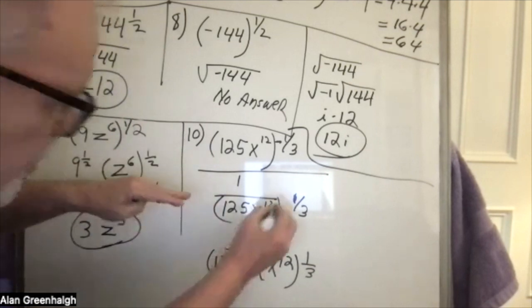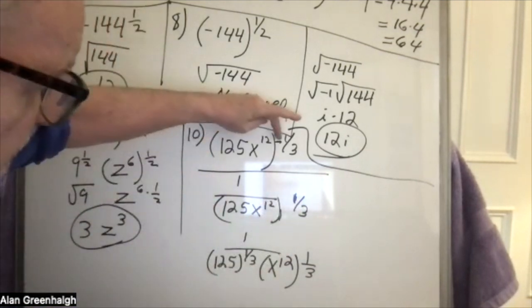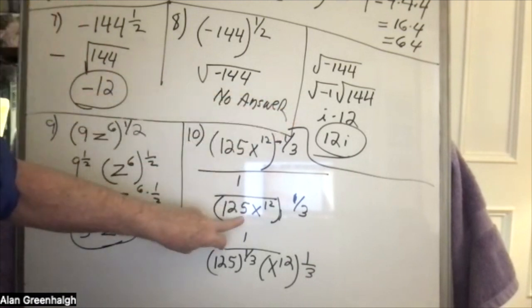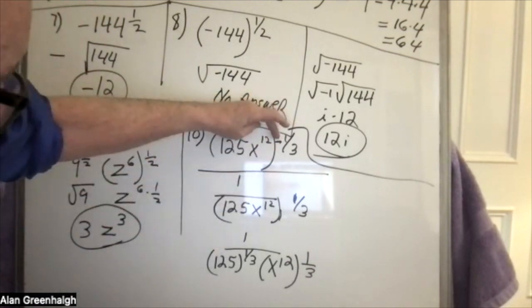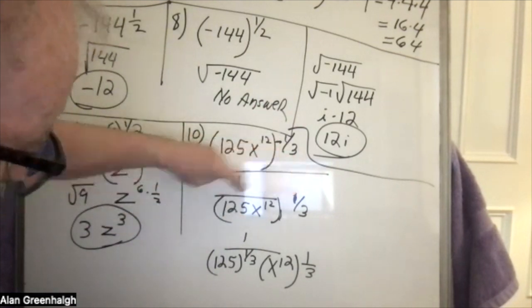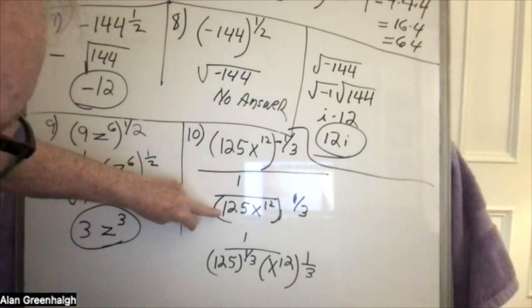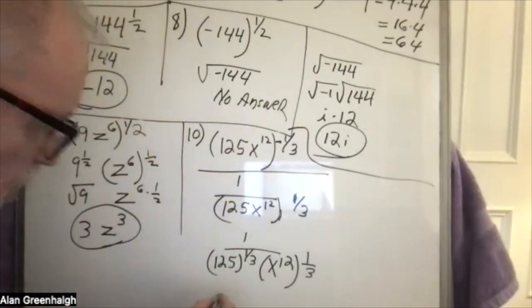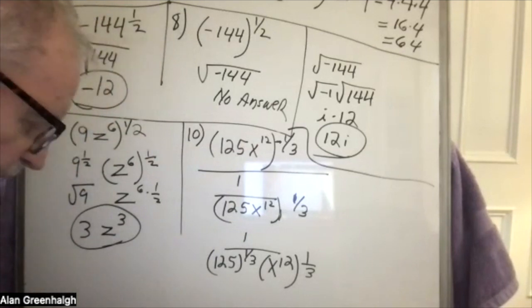So the first thing we did was make the negative exponent into a fraction. Then we applied the 1/3 to the 125 and the 1/3 to the 12. And now we work it out and we get